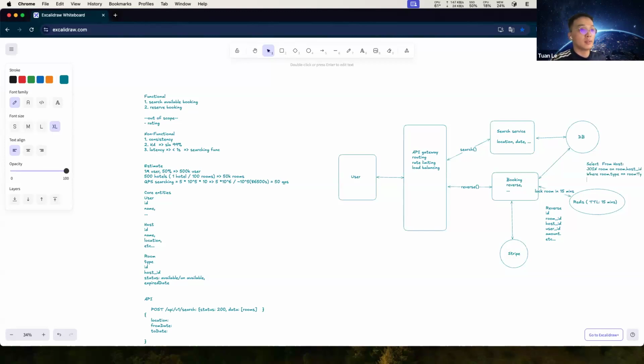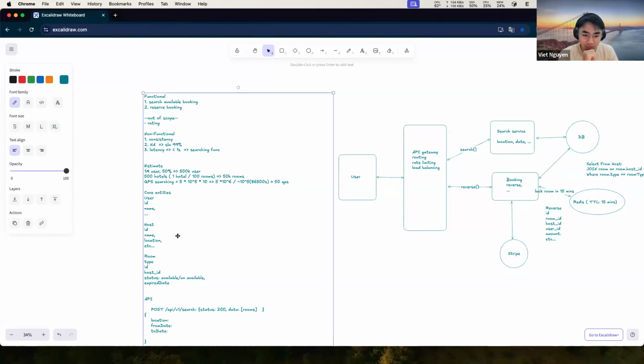Where do you get the room type from? Because in the request we don't have a room type. In the request we only have from day, to day, and location. That's it. How do we know the total rooms the user wants to request?